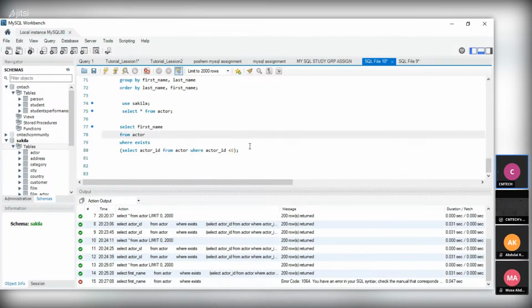So now we are going to select. Let me just copy this code. Then we are going to select from the actor table. If there is any actor ID, if there is any actor ID,